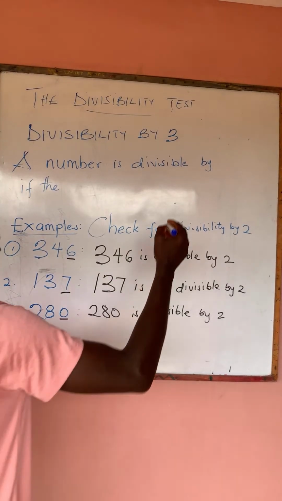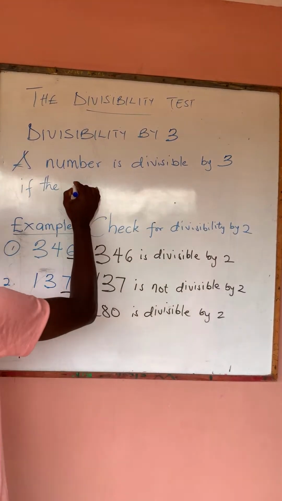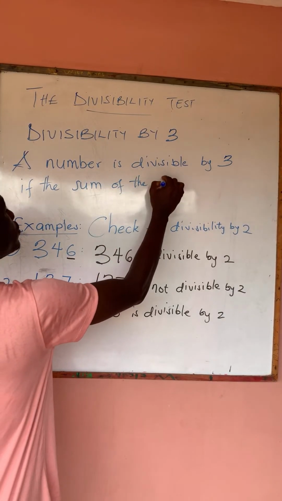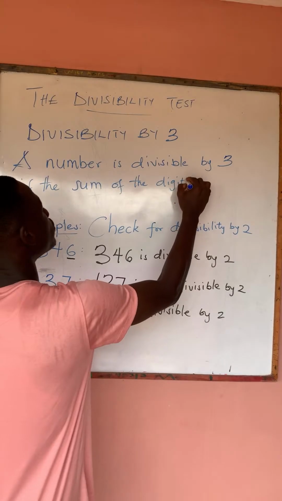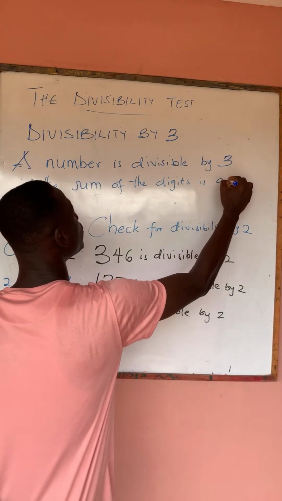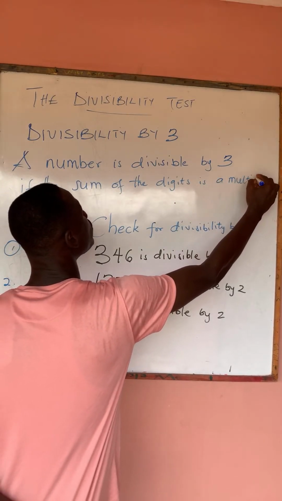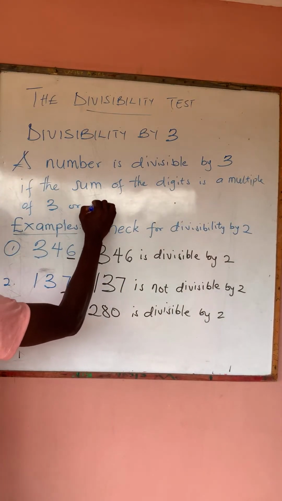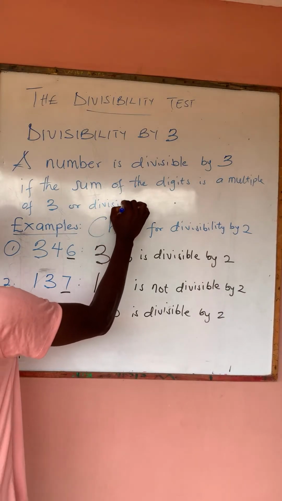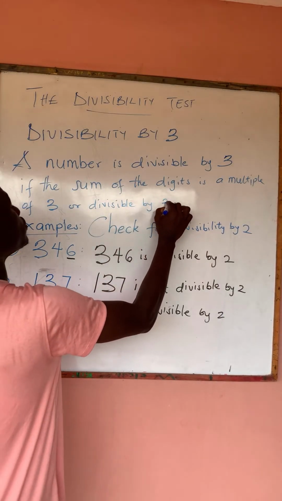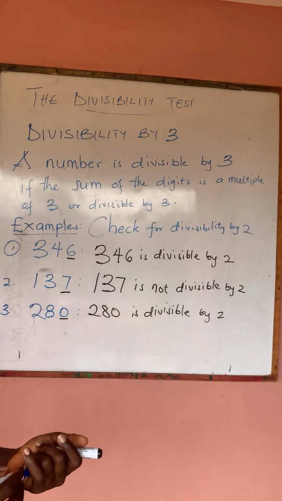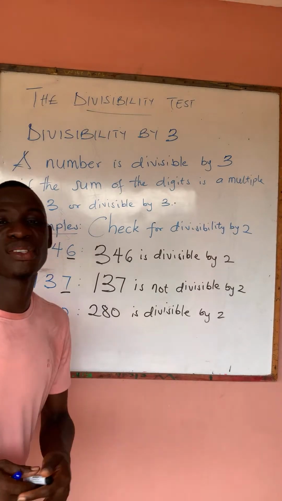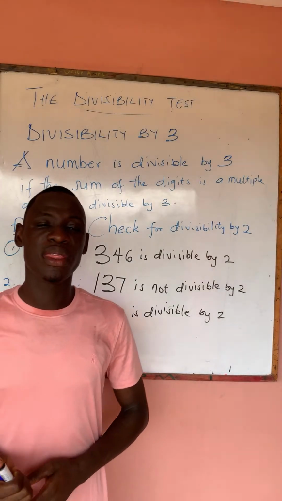I said that a number is divisible by 3 if the sum of the digits is a multiple of 3 or is divisible by 3. So by this rule, we mean that